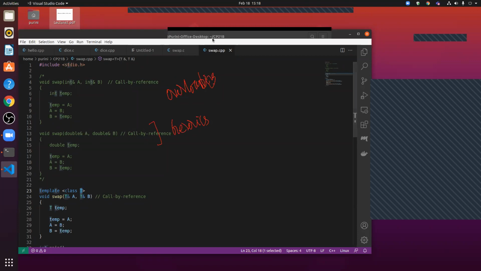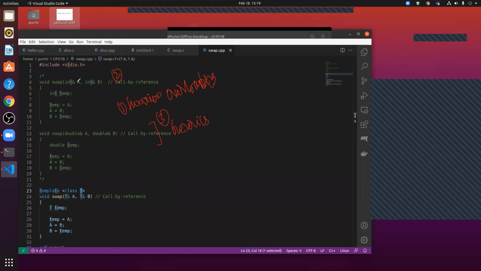And the parameters are now passed in a truly call by reference mechanism. Are you all with me here? Function overloading and call by reference. This is one, this is two, and then we felt, you know what, we are just copying the same code again and again. Why can't we write generic code?